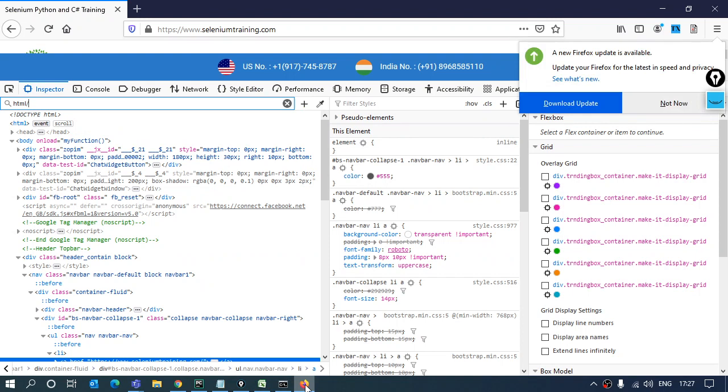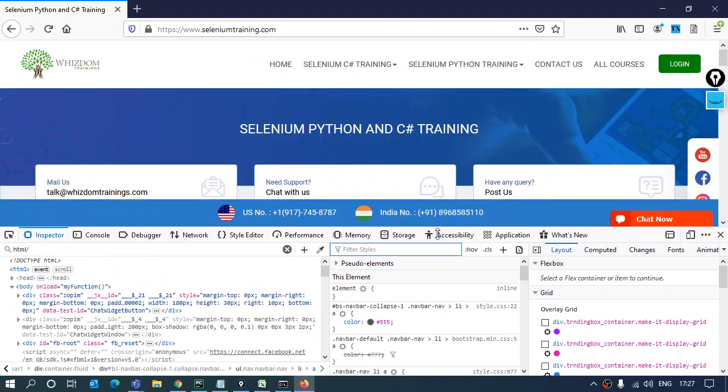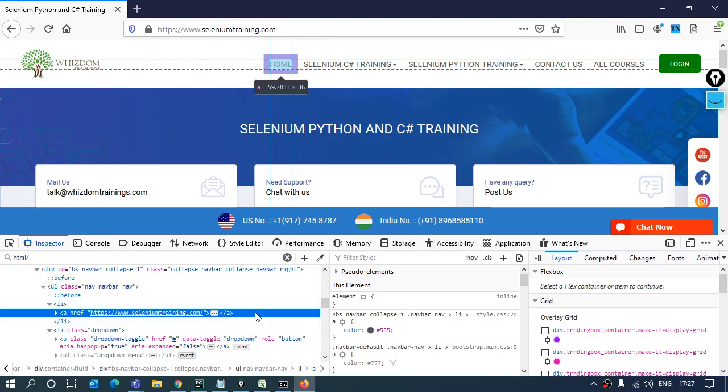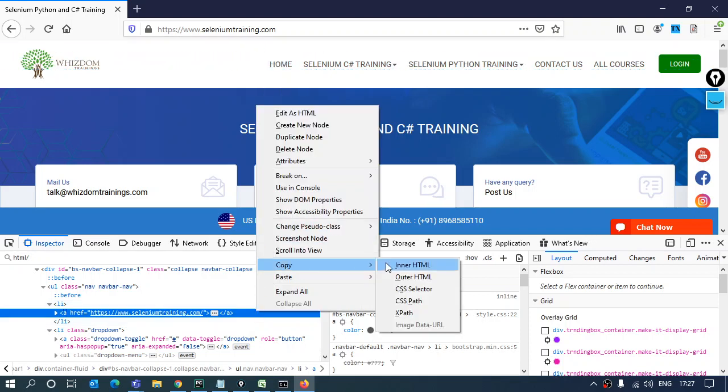Now in Firefox it's actually a little different. If you inspect any element over here, you will only get one option. If you right click on the highlighted part and go to the copy option, you will only get one option to copy XPath.